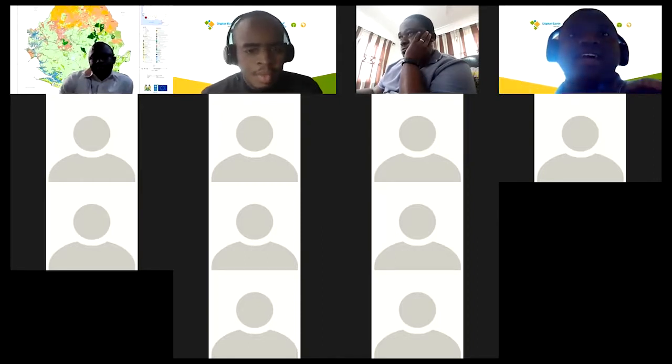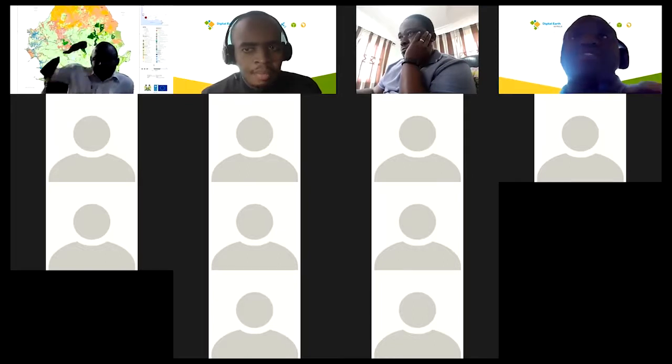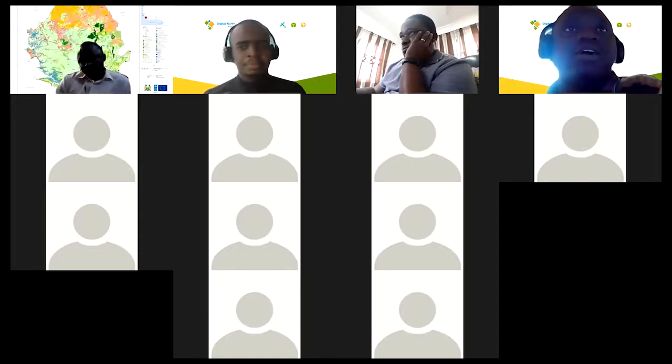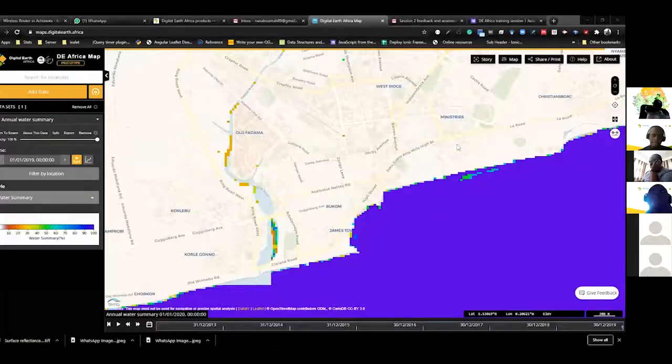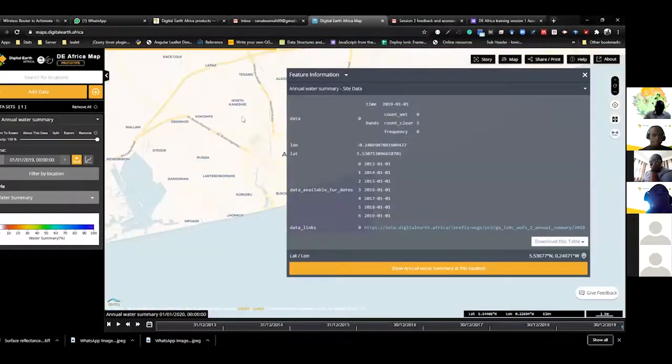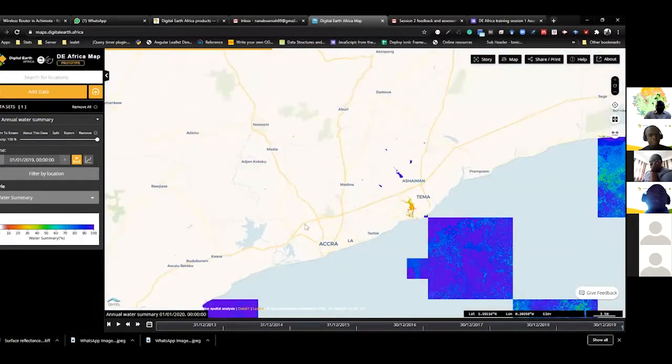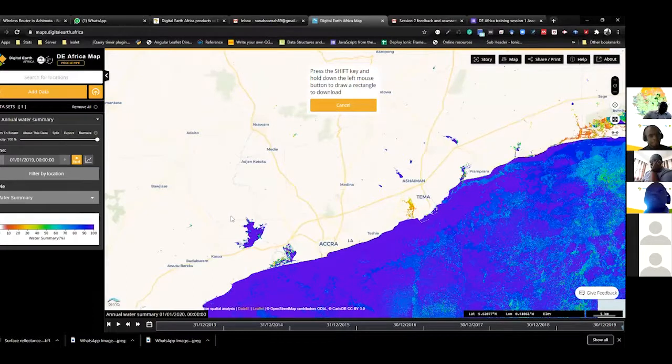Sorry, Ken. I want to do one last demonstration on how to download the data from the Mapbox. So if you want to download an area in which you have loaded an image, what you do is you click on the export button here. Then you hold the shift key. Once you hold the shift key, use your cursor to draw the rectangular shape.